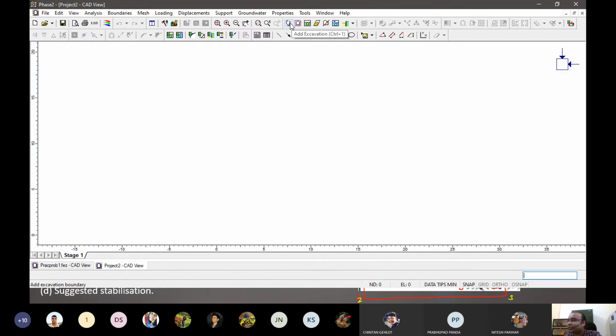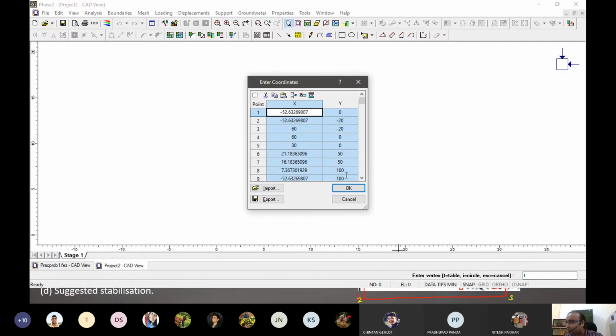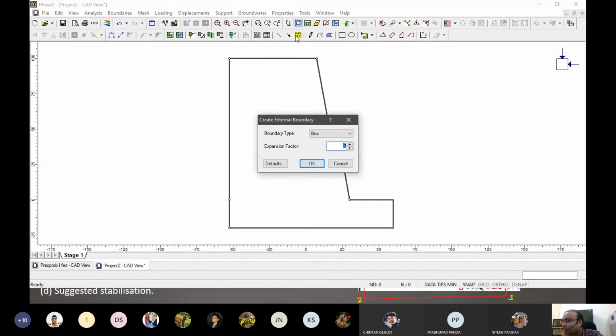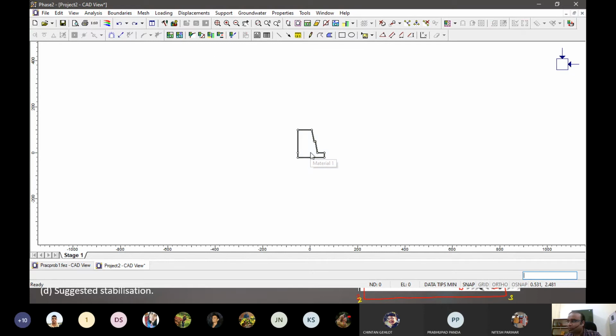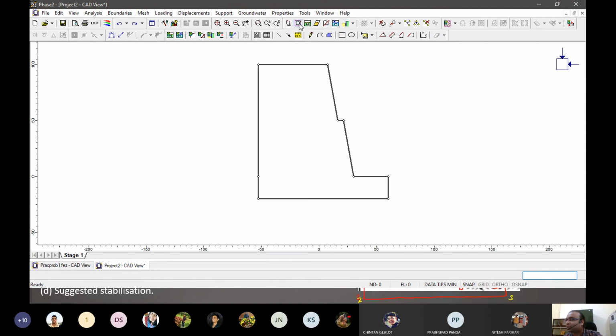We can add excavation initially, so let's add excavation first and put a table here and put our coordinates, so that can be done, right? And in order to encapsulate that, we can put a box around this, or rather than doing that, what we can do is we can define the external boundaries.